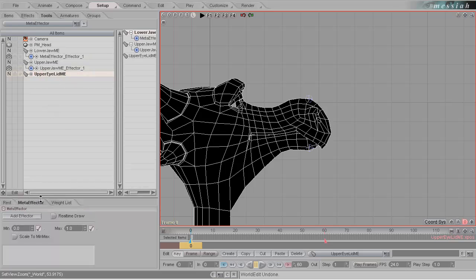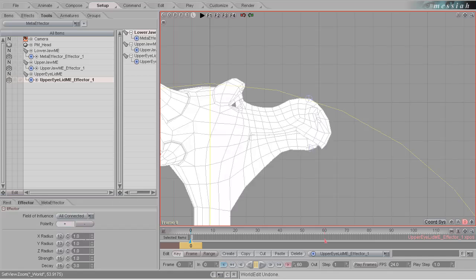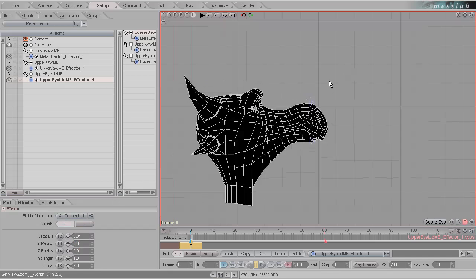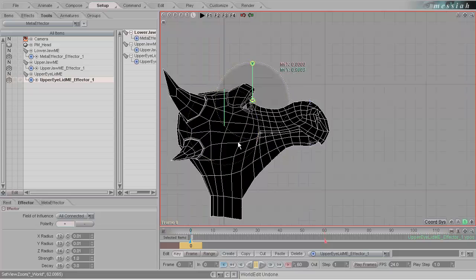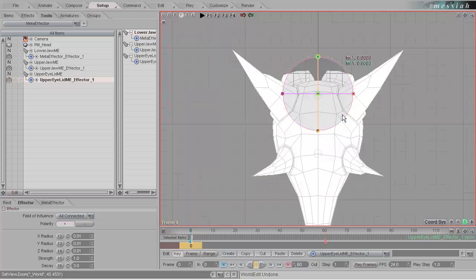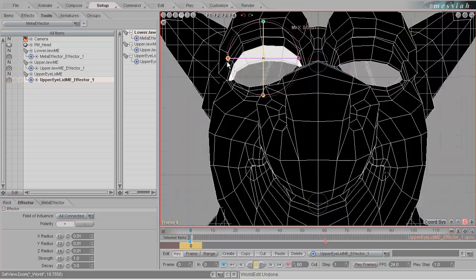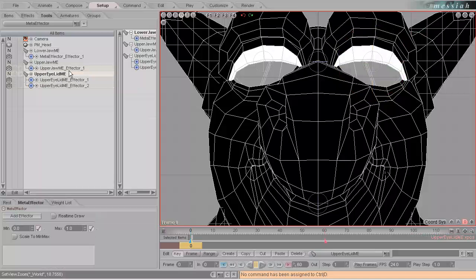Check the weight list, add an effector, make sure this one's all connected, and the same thing, 0.01 meters, and position this over one of the eyes. So switch to a back view. That's the upper eyelid. Divide key on the keypad to mirror that across, and we're going to cheat, duplicate that,